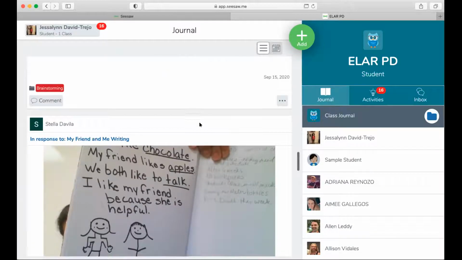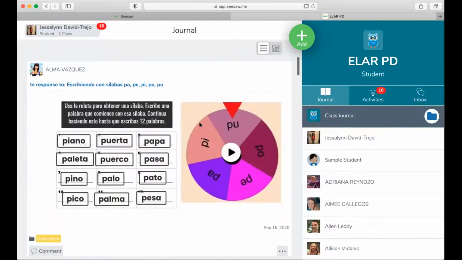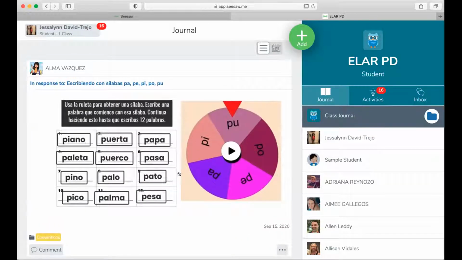So for example, looking at this activity, the very first activity on the stream by Alma, she did an activity here that was labeled as a conventions activity. And so by looking at that, you're able to see they're filling every folder with the different activities to show evidence of their learning.